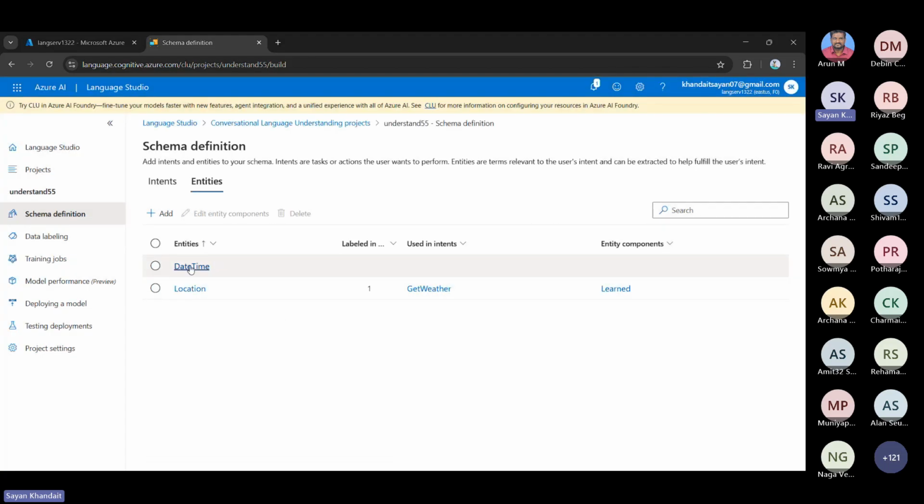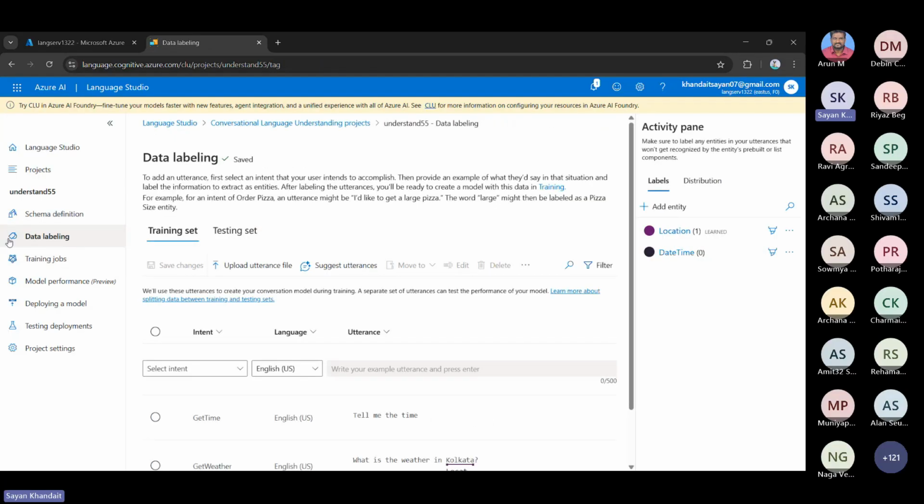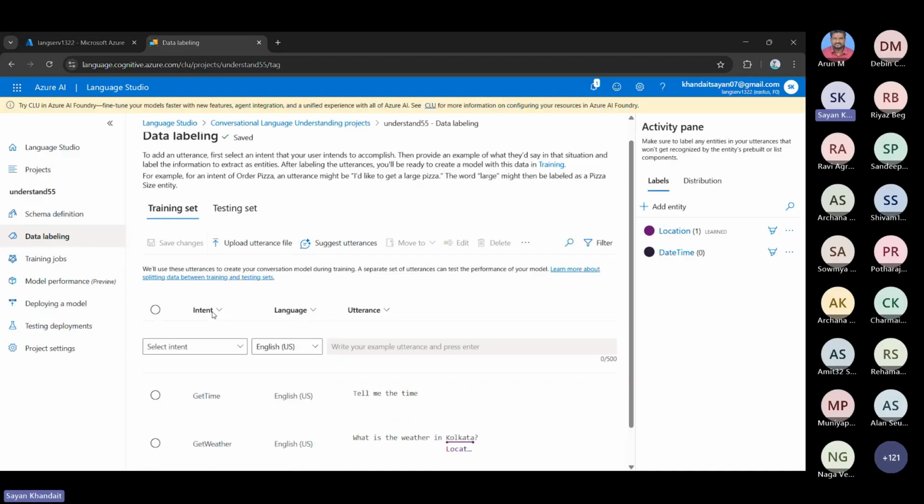We currently have a location entity. Now, the data labeling section is the place where you define utterances and map them to intents. So what you can do is,